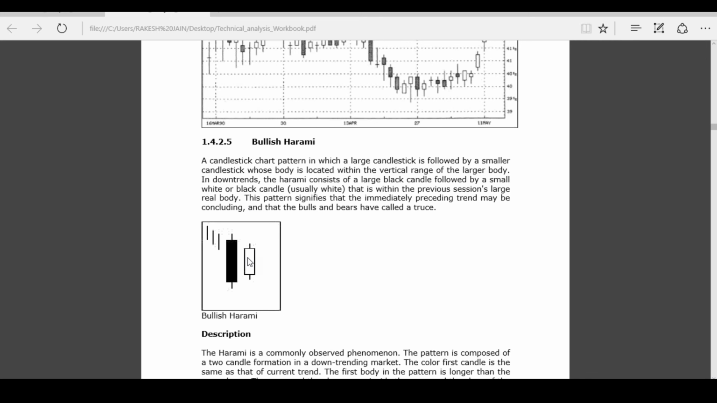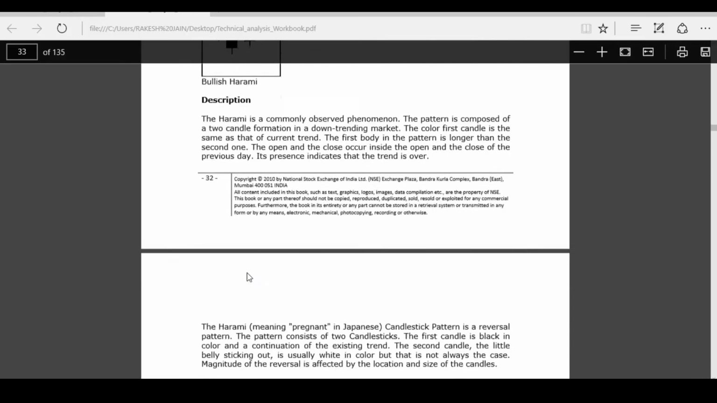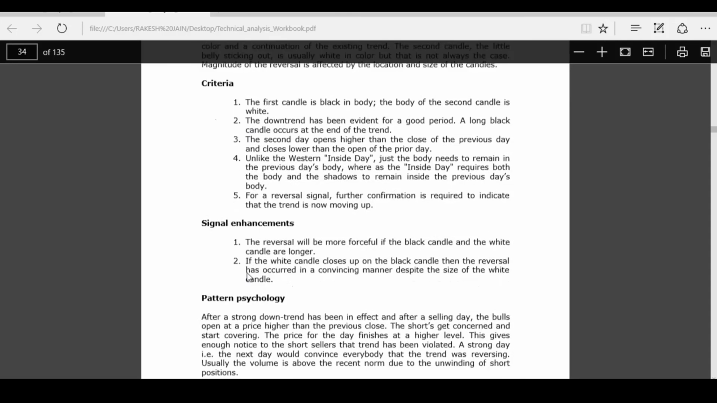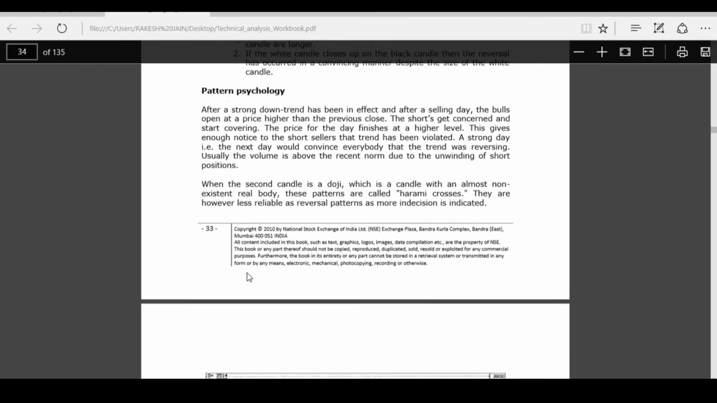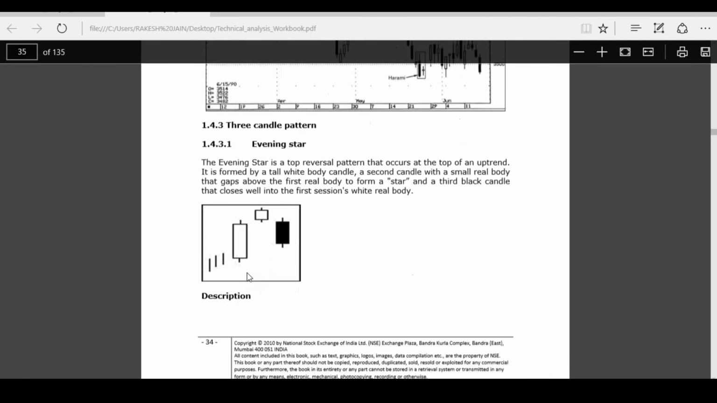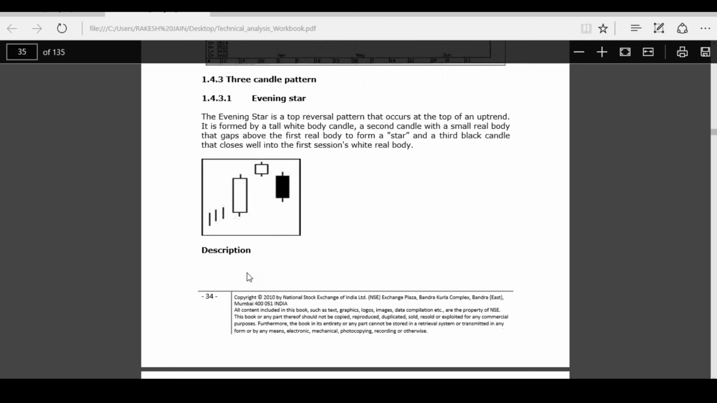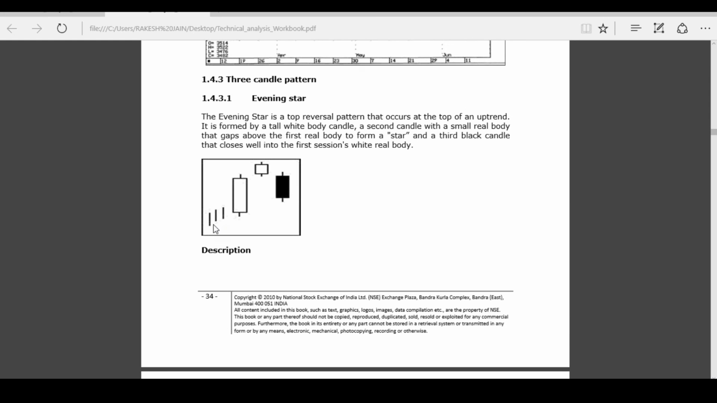See, this is a Harami. A body and then a real body within the real body of day 1, and then we have a fall from here. A bullish Harami is just the opposite. There is a downfall and a downtrend going on, and after the downtrend it's a black body which is maintaining the continuity of bears. But the problem starts on day 2 when the stock gives a white candle and